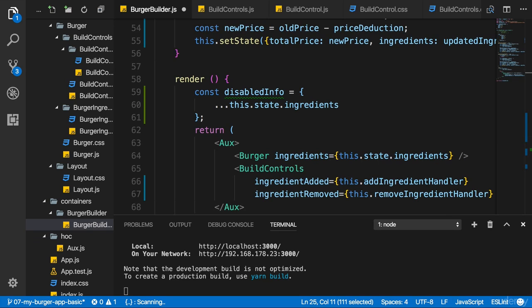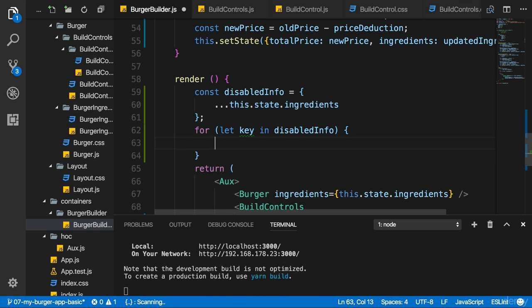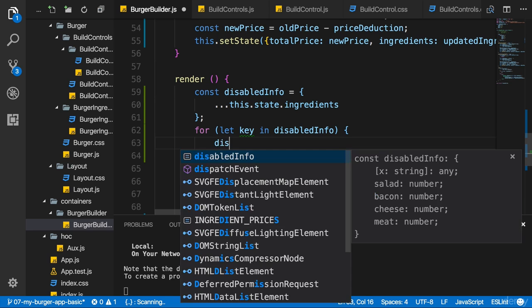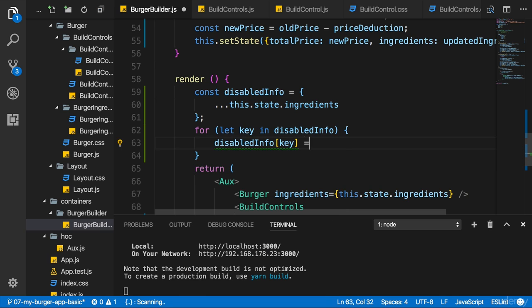Now, this object alone is of course not all the information I want. Now I'll create a for in loop. So I'll loop through all the keys in disableInfo. And I will simply check if this is 0 or less. And I will update the disableInfo key, so salad, meat, and so on, with that information of that check, so that the object will not have the shape of salad 0, meat 0, but simply if it should be disabled or not.